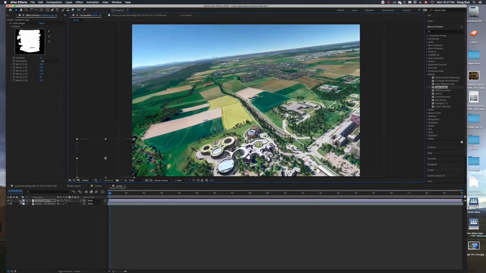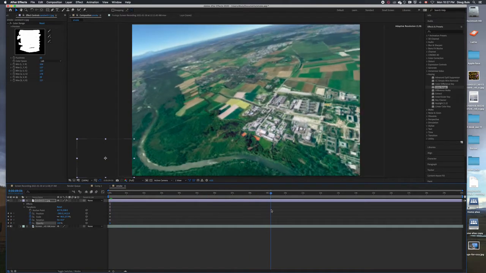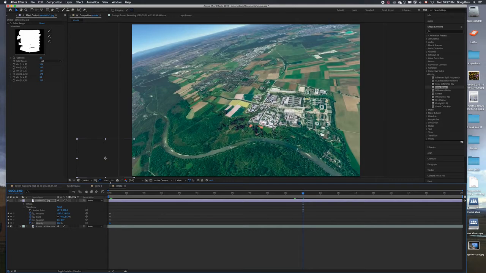So in here, we need to go into transform, and on these I want to click them so that they get keyframes in them. It'll be position, scale, rotation, and opacity. And once you click on these little toggles, then the keyframes will show up. And then all I need to do is drag this along, perhaps make an 11-second video. And then I can just drag this across. And you can see it kind of makes a timeline across. So